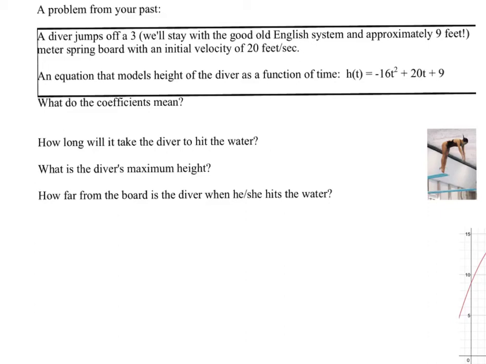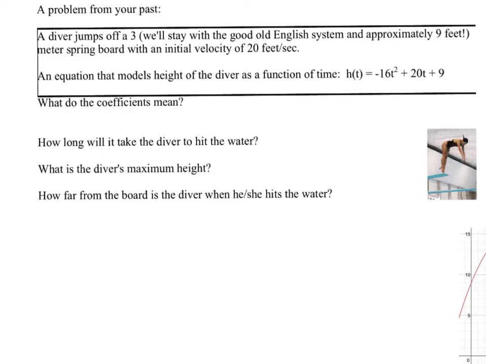We're going to use a problem from your past to make a jump into what are called parametric equations. A diver jumps off a 3 meter board, but I'm going to say it's approximately 9 feet, with an initial velocity of 20 feet per second. An equation that models the height of this is given by h of t equals negative 16t squared plus 20t